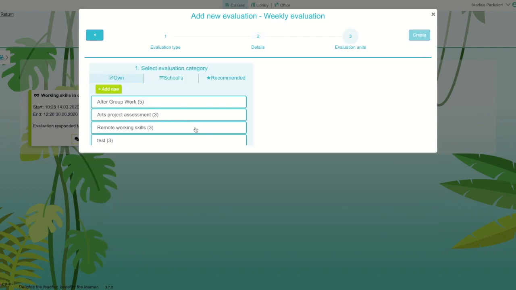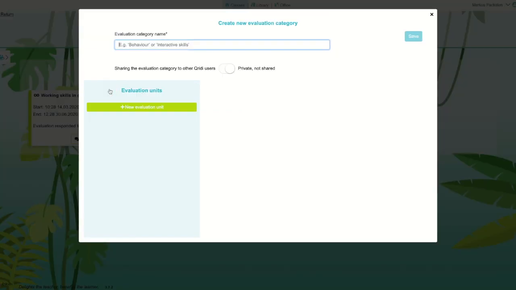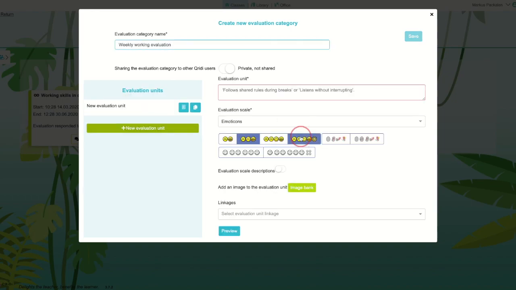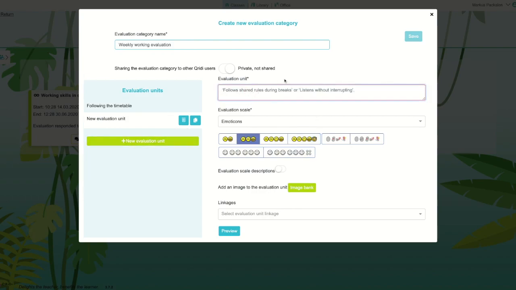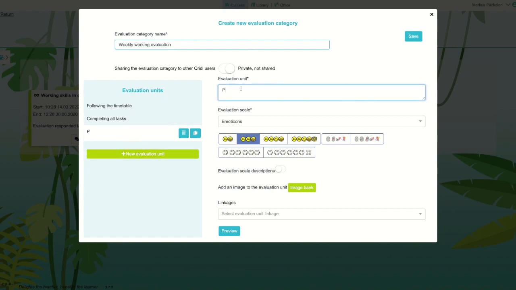Then if you have some ready-made evaluation categories, you can use them, but you can also add your own. And this can be, for example, the weekly working evaluation category. And now the evaluation units are the questions that you ask from the student. And for remote learning, they can be something like this. And for each